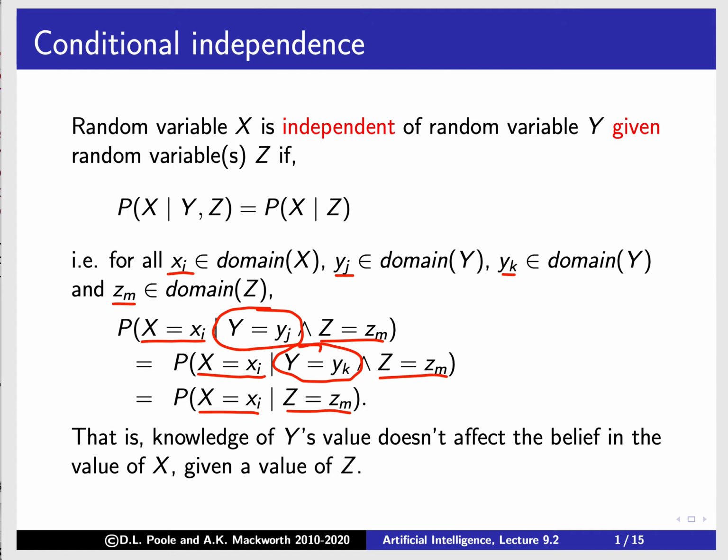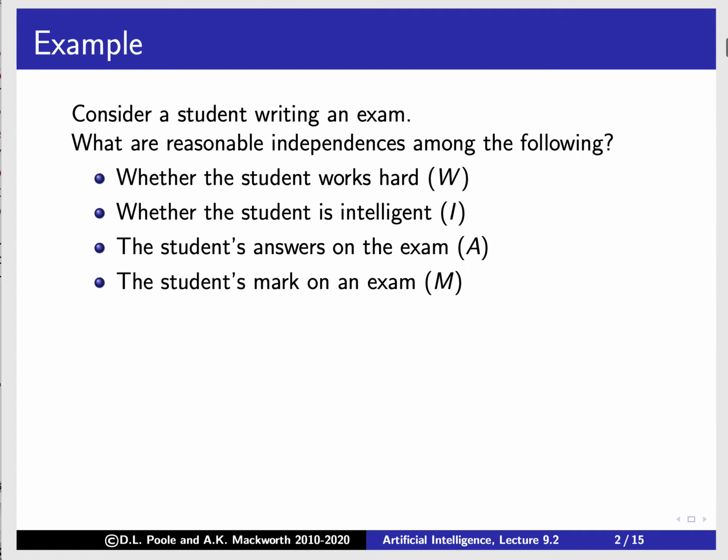So independence is a fundamental concept we're going to look at. As an example, consider a student writing an exam. What are reasonable independencies amongst the following: whether the student works hard, whether the student is intelligent, the student's answers on the exam, and the student's mark on the exam? Well, it's reasonable to assume